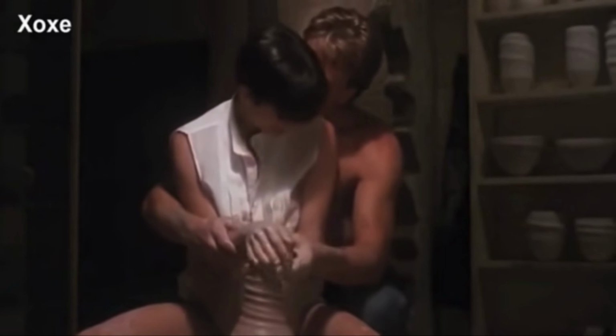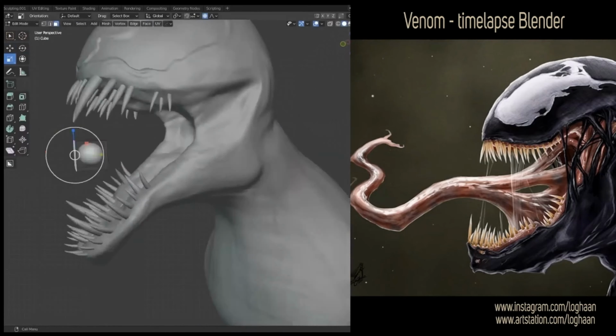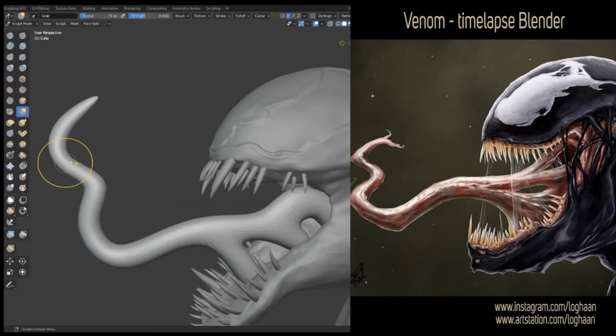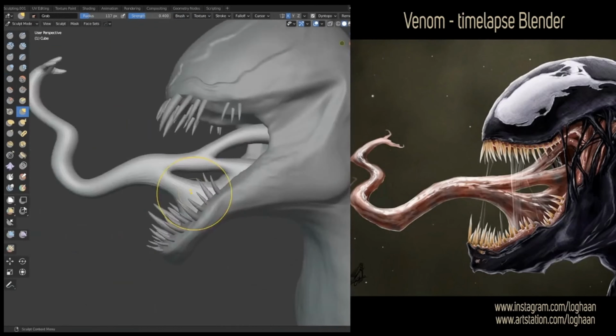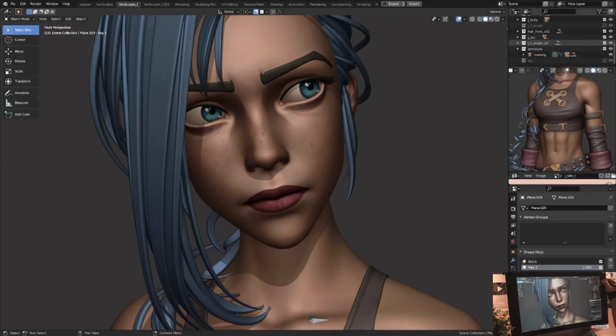And have you ever seen somebody do sculpting? No, not that kind of sculpting. We're talking about digital sculpting. You can even do that in Blender. No need to get your hands dirty when you can sit safe and sound in front of your computer doing digital sculpting. You can even do texturing in Blender, which is what makes your 3D models come to life.